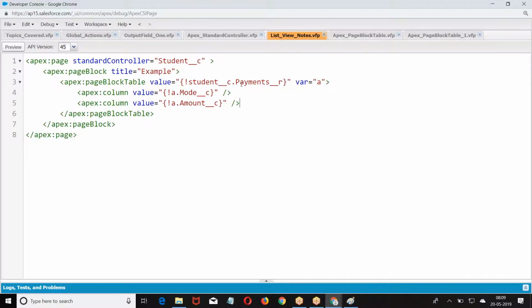Now, what is the relation I give? Previously it was parent object dot child objects in plural form: contacts, opportunities, cases. Now it is payments underscore underscore R. It is a custom relation. The child object is payment, payments. It is not a standard relation, it is a custom relation. We have to give underscore R.